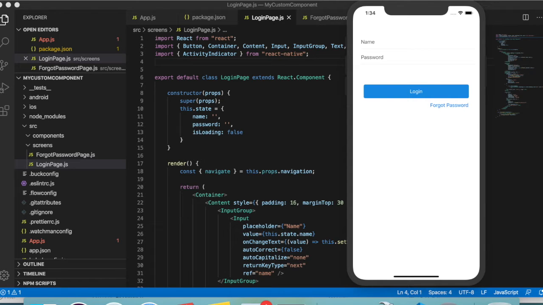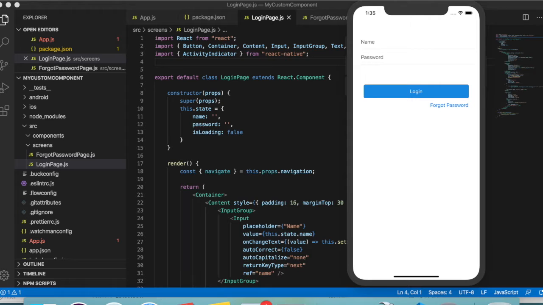We learned about how you can add the navigation component to your React Native project in React Native 0.62. In this tutorial, we are going to learn about how you can add a custom component which can be reused by different components. Suppose that when you're creating your application, you have a requirement wherein you want a very specific type of button which will be displayed on each and every screen. So instead of copy-pasting that component on each and every screen, you can write a custom component and call that component in each and every